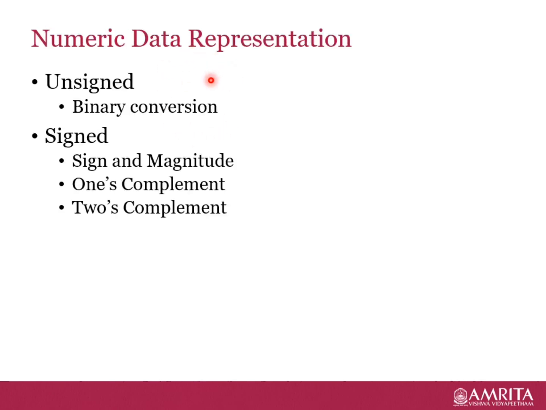This slide helps you to identify the techniques used for representing the unsigned and signed numeric data. The unsigned data that deals with numbers without any sign is easy to represent in binary by simply using the binary conversion techniques that you may have already studied. But while dealing with signed data, the sign of the data also has to be represented efficiently. In that case, techniques like sign and magnitude, one's complement or two's complement representations should be followed. And in this lecture, we can discuss the unsigned numeric data representation in detail.